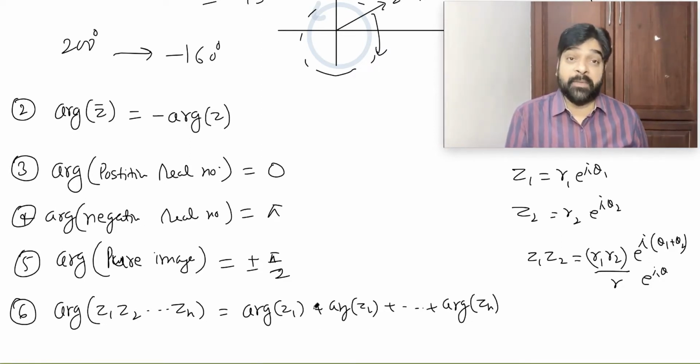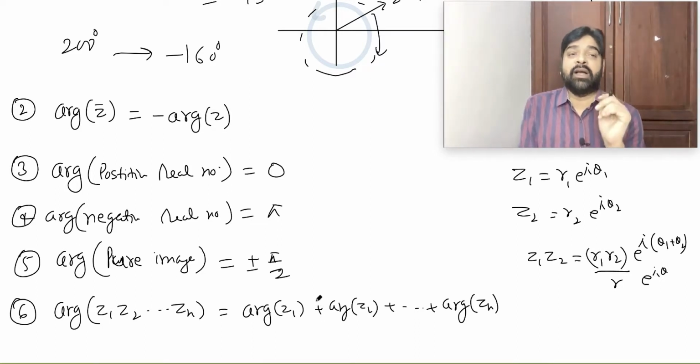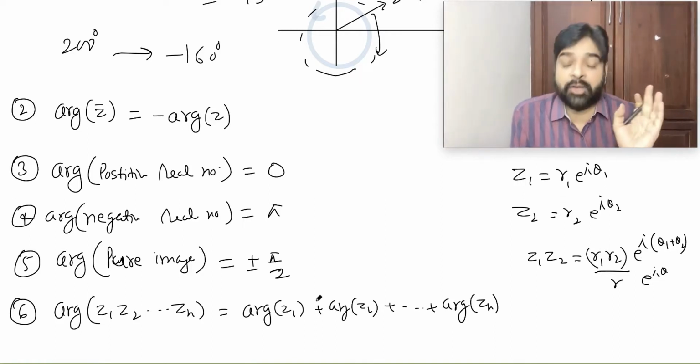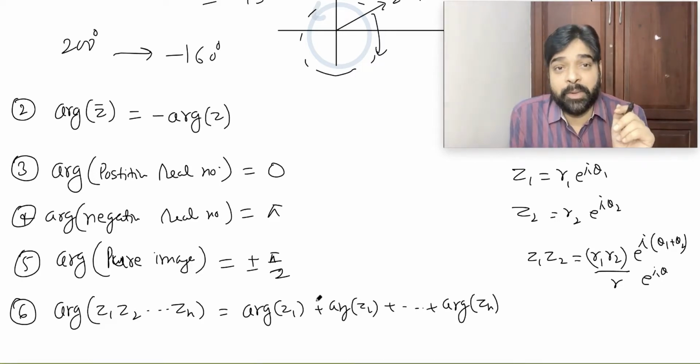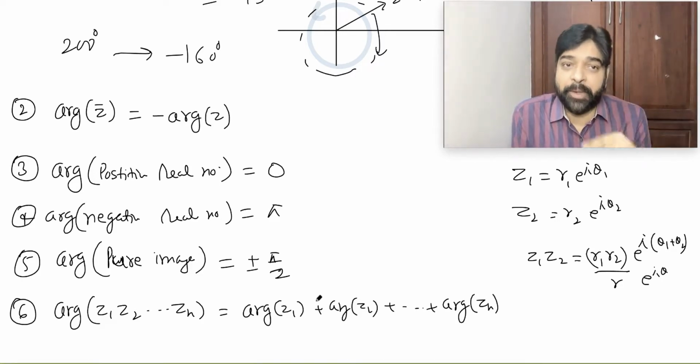In this case, the principal value will be the problem. Imagine, suppose the argument of Z1 is 140 degrees and the argument of Z2 is 100 degrees. So argument Z1 Z2 will become 240 degrees, which is beyond the range. But we know what to do. It is more than 180, so pull it back by minus 360 degrees. The answer will directly be minus 120 degrees. Finish. We don't even have to write the step, we can just tell.